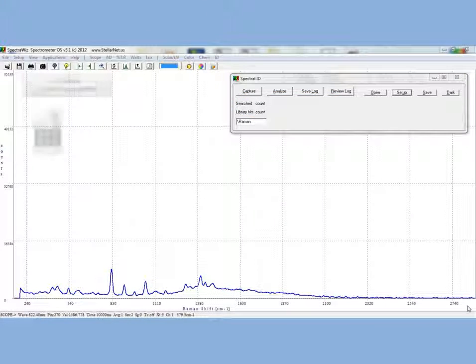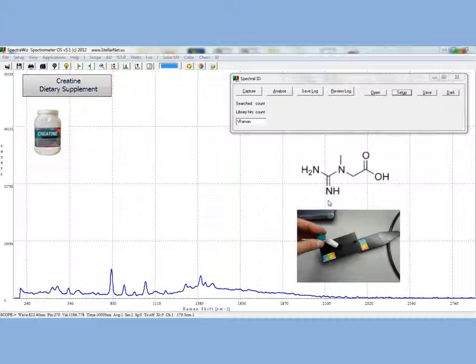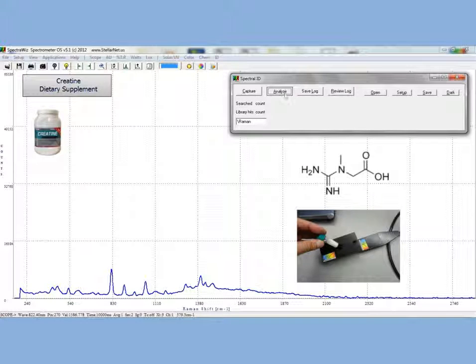For our next example, we will be measuring creatine. Creatine is a nitrogen-based organic acid that occurs naturally and helps to supply energy to the cells of the body, especially your muscles. Creatine supplements are used by athletes, bodybuilders, wrestlers, sprinters, and others who wish to gain muscle mass. By clicking on the library match creatine in a vial, we can see the spectral overlay of the library spectrum